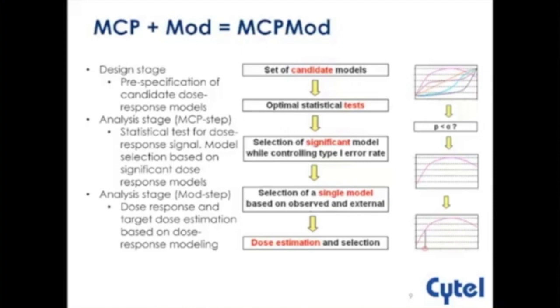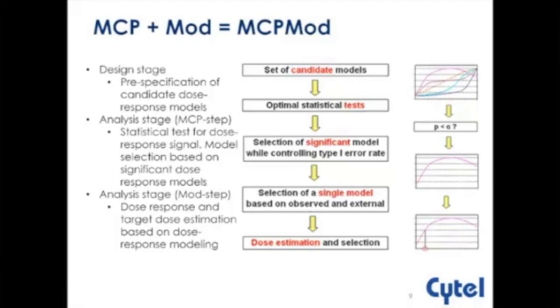Each of these dose-response shapes in that candidate set is going to be tested using appropriate contrasts and employing MCP techniques, multiple comparison techniques that will preserve the type 1 error. Now, proof of concept is going to be established when at least one of the model tests is significant. And once this proof of concept is established, either a single best model, or a weighted average of a set of significant models, is going to be used to estimate the dose-response profile and the target